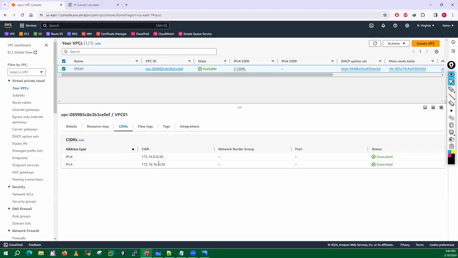So I got one question: why are we not able to add the other class CIDR here? So guys, this is a limitation provided by AWS, because they are using VXLAN in the backend for connectivity purposes. So that is the reason they have put that restriction. Okay, now